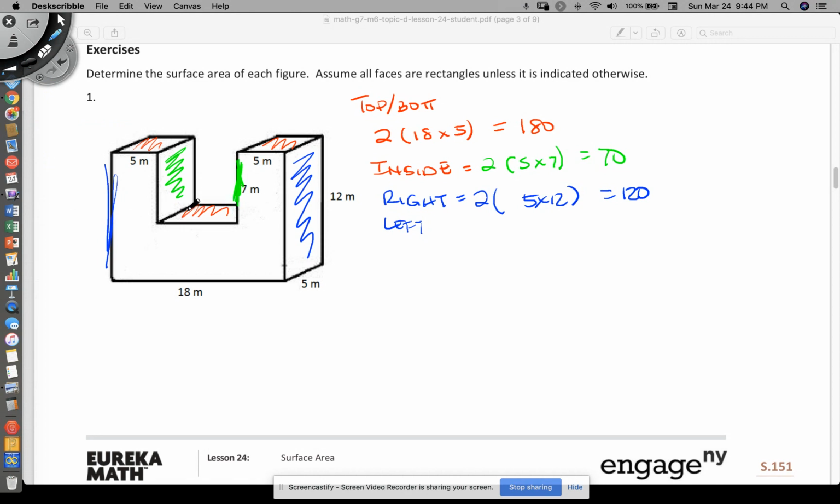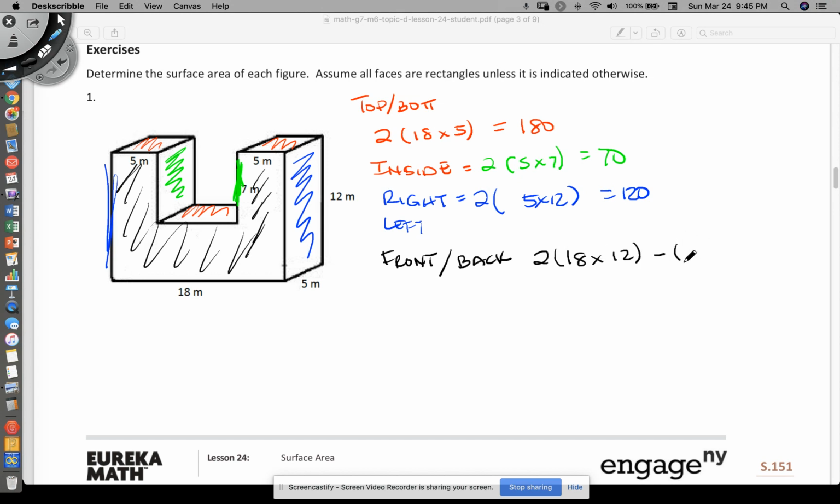And then I have the front and the back. Now the front and the back is a little different because I have all of this, but I'm missing this inside piece. So I'm going to start by first saying I have an 18 by 12. I have two 18 by 12s, but I'm then going to have to remove this piece here. So I'm going to say two 18 by 12s, and then I'm going to subtract an 8 by 7. So that gives me 2 times 216 minus 56. 2 times 160 is going to give me